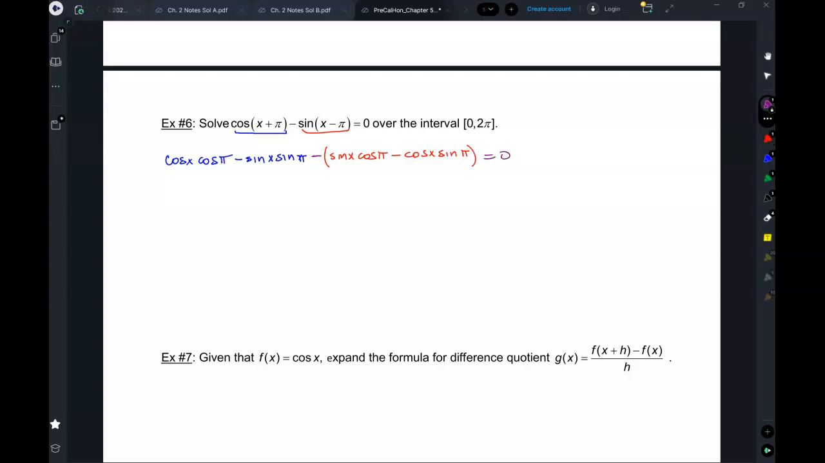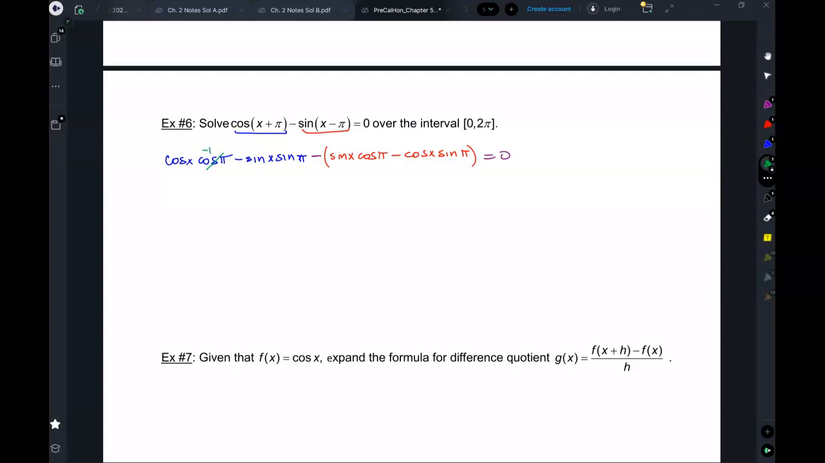equals 0. Now when you're lucky, which we will be most of the time, things will simplify, cancel, combine. It's kind of cute actually, okay? So let's see what we can simplify. Cosine of pi, -1. This is why